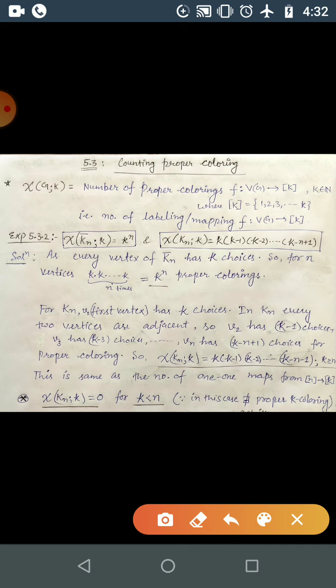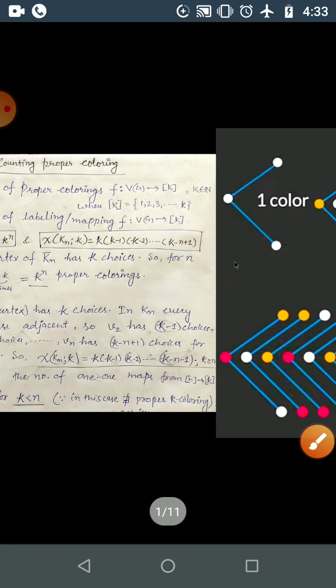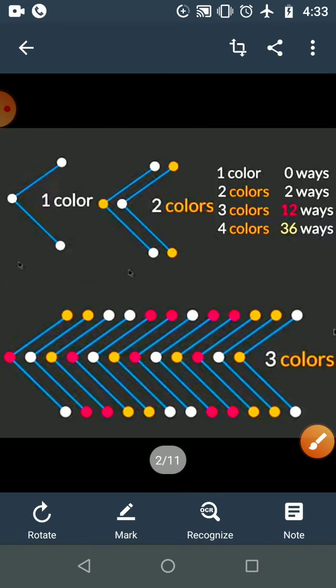So always remember this one: the chromatic polynomial for Kn complement, when k colors are given, will be k raised to power n, and for the complete graph, when k colors are given, among k colors we need proper coloring. The counting of all these proper colorings, or the number of ways to color this graph properly, will be k into k minus 1 into k minus 2 and so on up to k minus n plus 1. Okay, so this is done, correct.